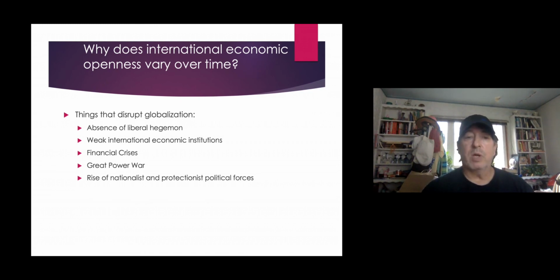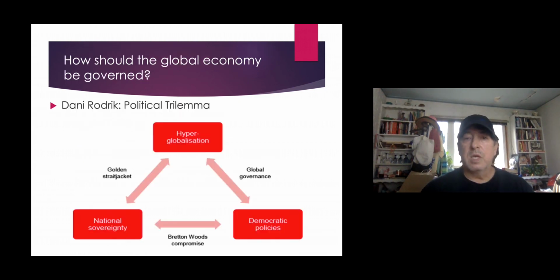And then great power war. Luckily, we haven't seen a great power war yet, but what we are seeing is the emergence of great power rivalry between the United States and China that has led many Americans to call for decoupling the economic ties between the U.S. and China. So, in some degree, we're seeing all five of these factors reemerge, which leads some to worry that we may have another period of deglobalization, which could hurt economies around the world.